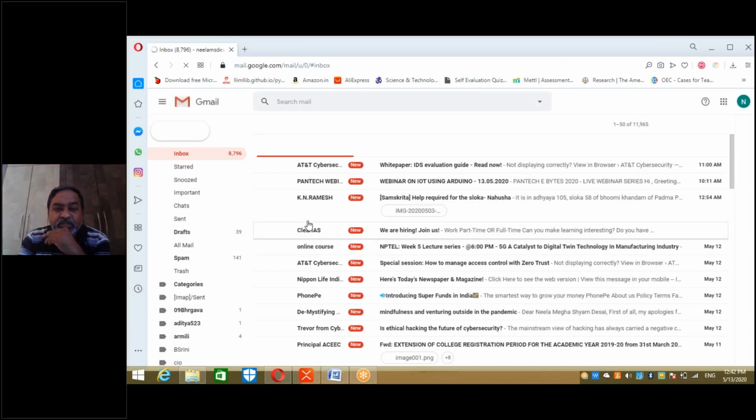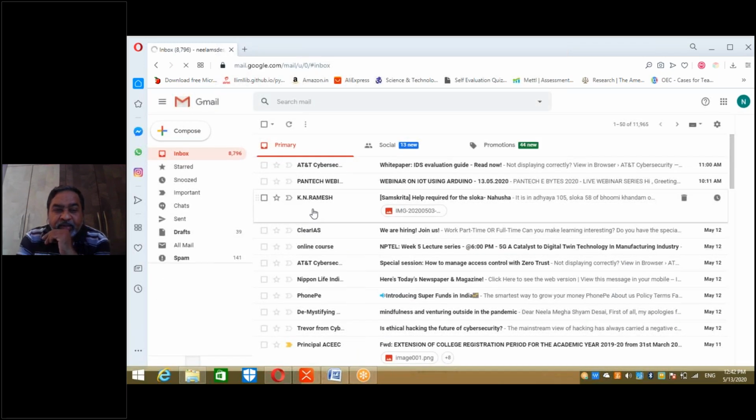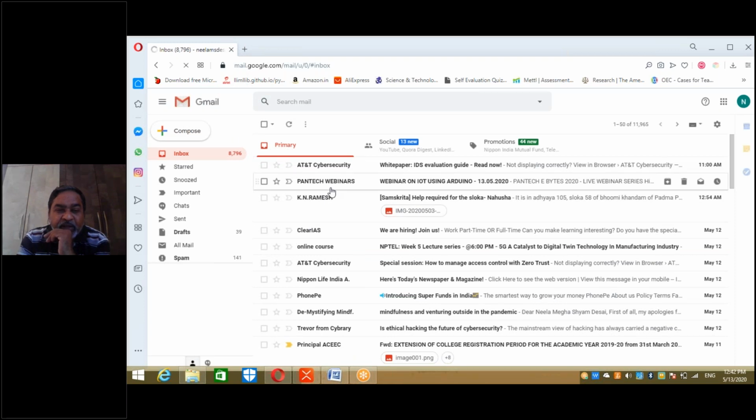Now this is my mailbox, right? You can see this is my window. Let me go to the bottom here.